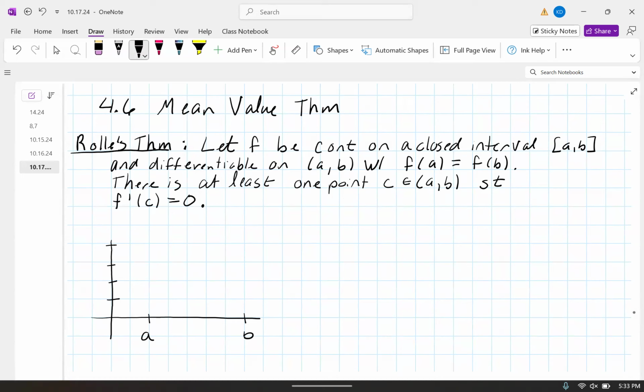We don't care about the endpoints, but everywhere else, it's differentiable. If f of a and f of b are the same value. So if we plug in a, we get a y value, plug in b, we get a y value. These two y values are the same. Then,